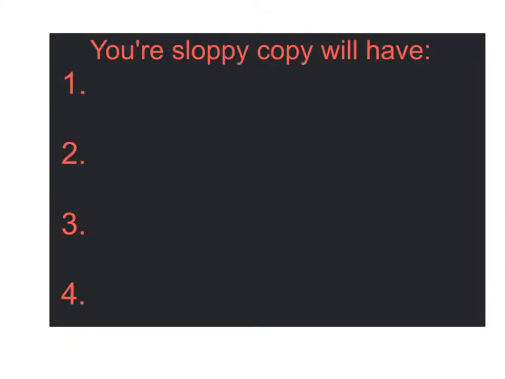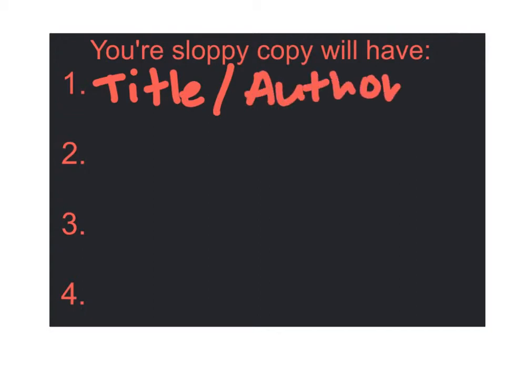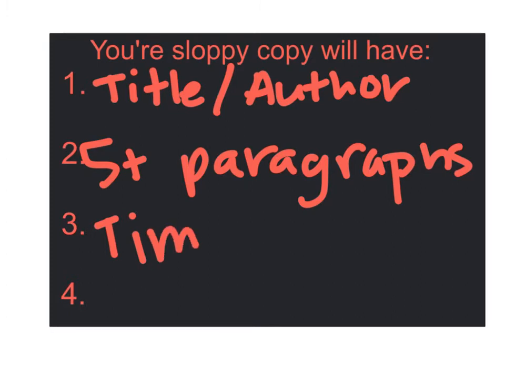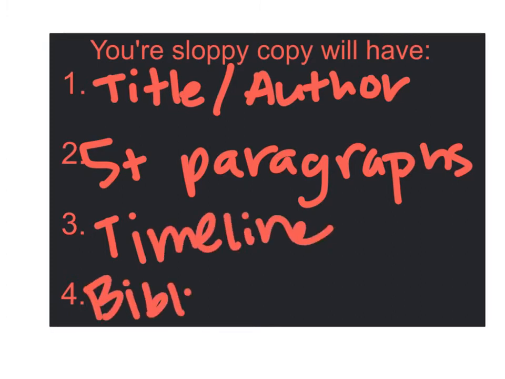Okay, so at the end, your sloppy copy is going to have 4 things. It's going to have a title and an author, 5+ paragraphs, a timeline, and a bibliography. And we'll